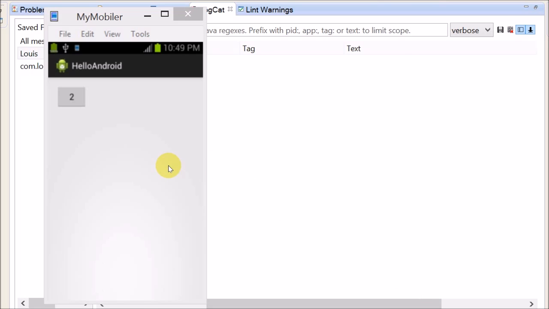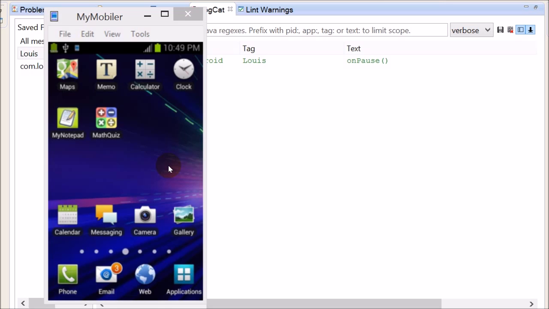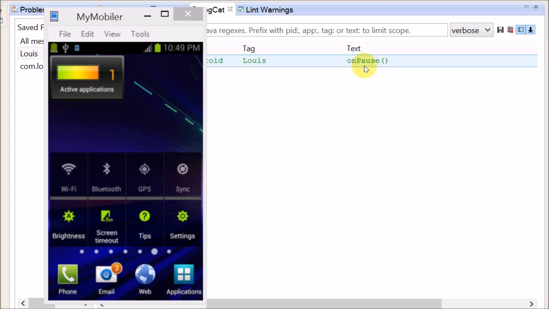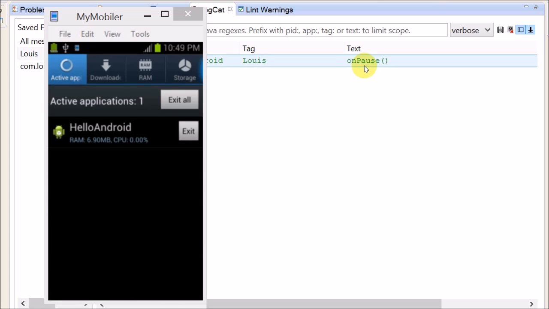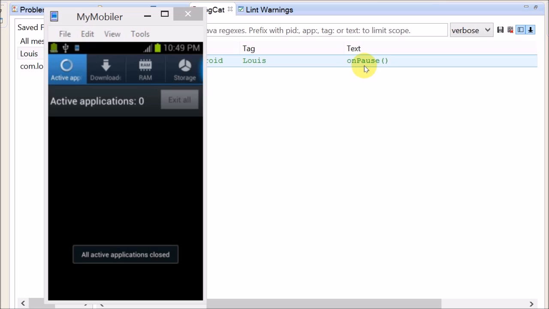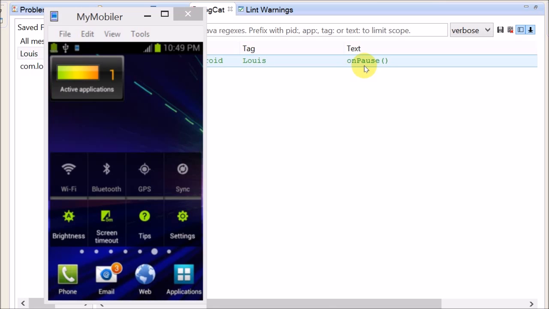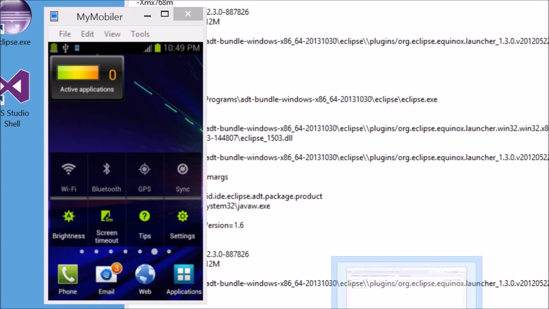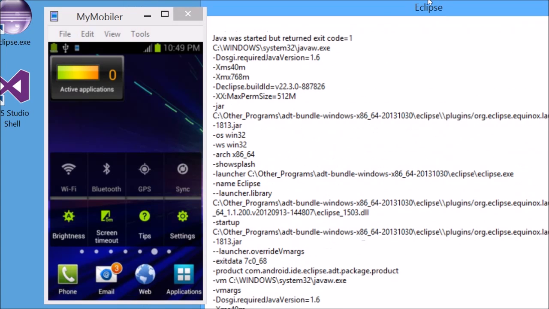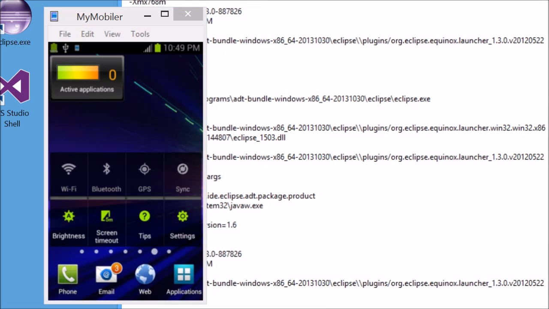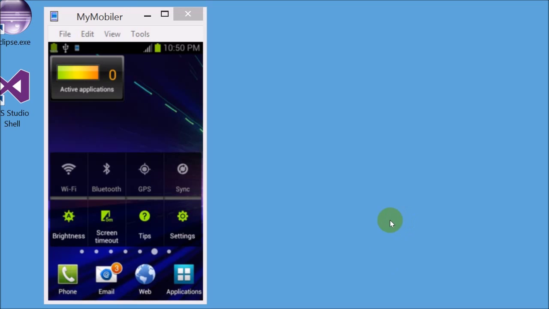So if I exit, go to home, I press the home button, go home, hit on pause, and I close it over here, right? So at this point in time, oh, it crashed again. It's not compatible with this, huh? Eclipse crashed. Okay, so I was saying that if I restart the program, that counter number that was 2 is